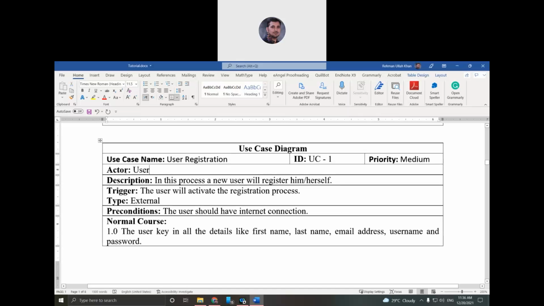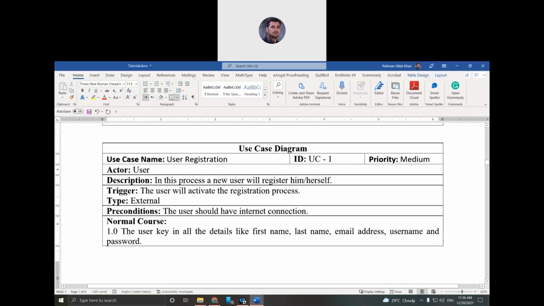So who is the actor, meaning who will activate this registration process? The user will activate the registration process. The person who downloads the app is a user of the app, and the user will start this activity. Actor means who will start the activity. So the user will start.